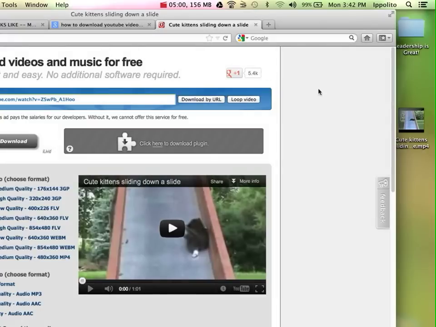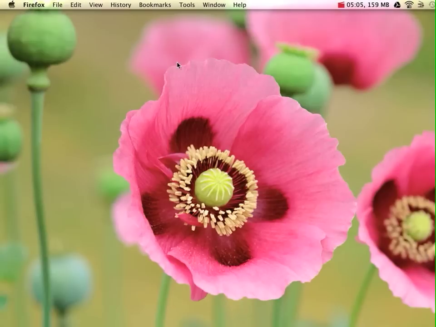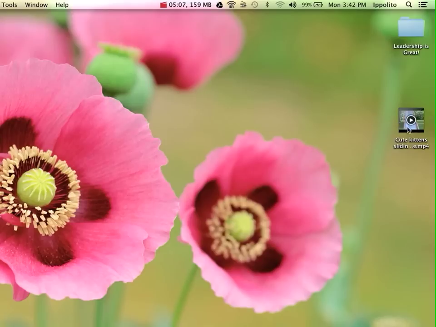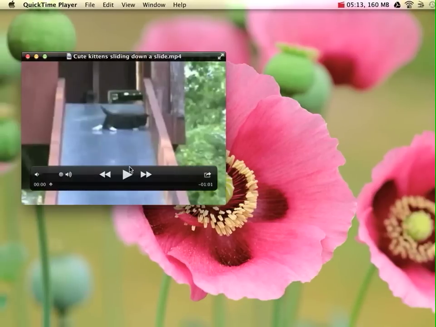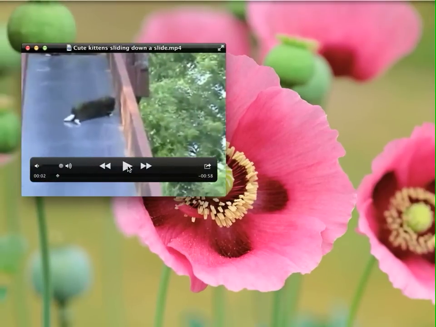And now if I move over here to my desktop and if I minimize my browser, now you can see right here, here's cute kittens sliding down a slide. I double click to open this file, and here's my video. That video is now saved to my desktop,